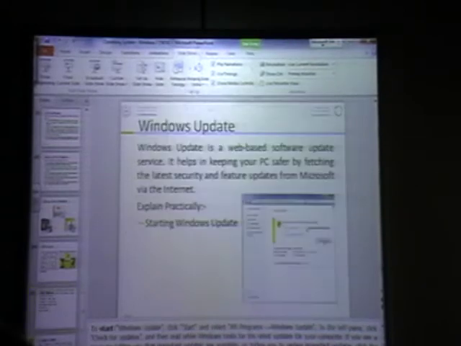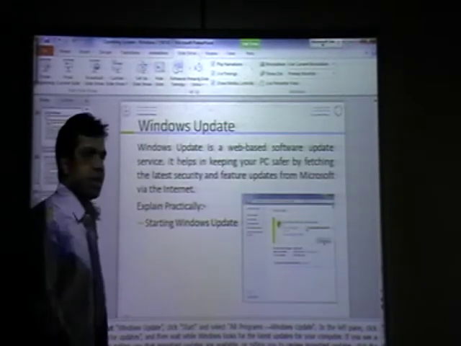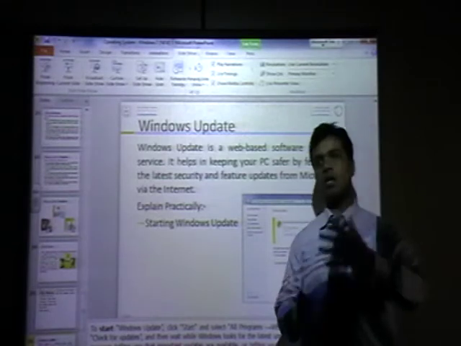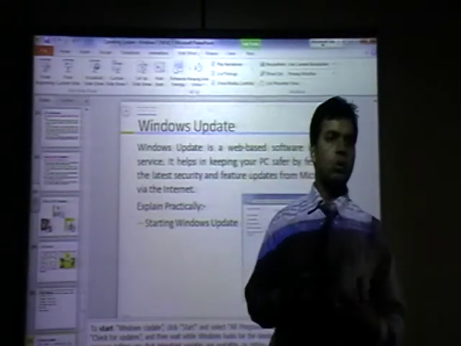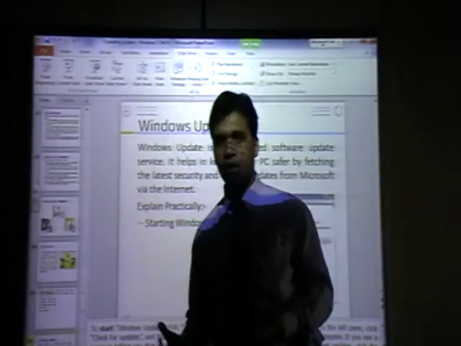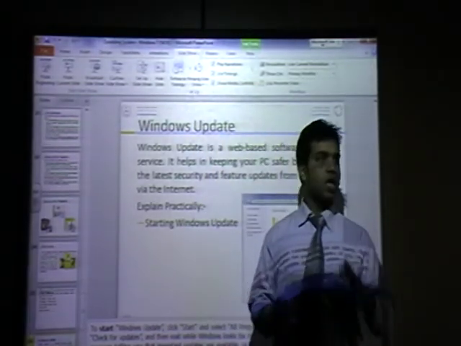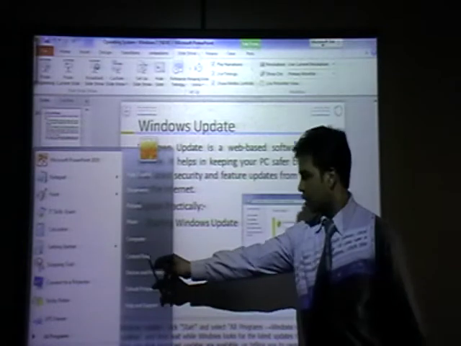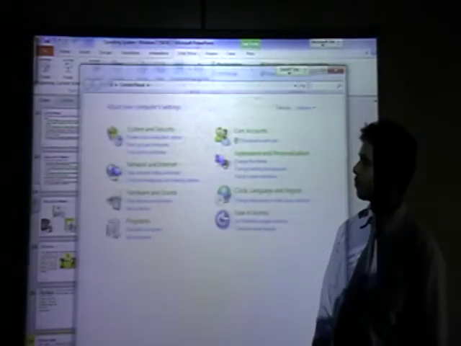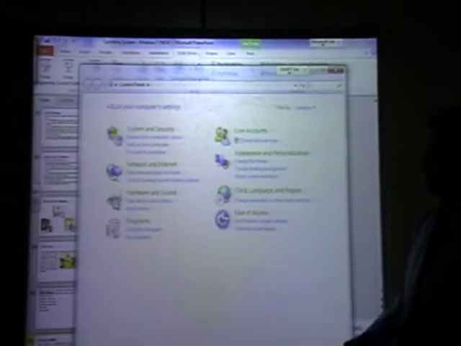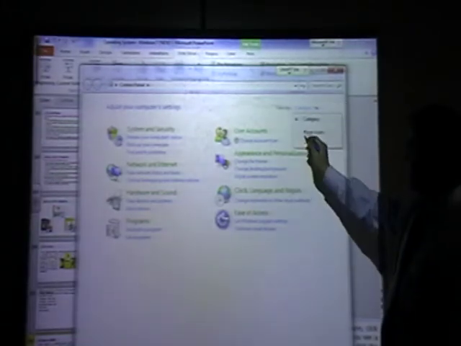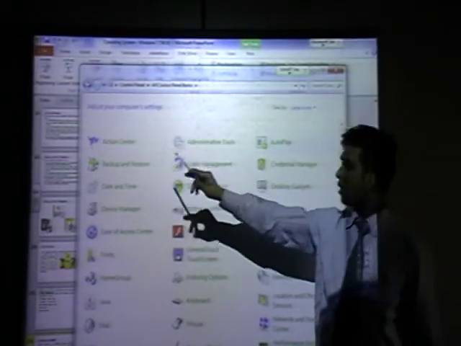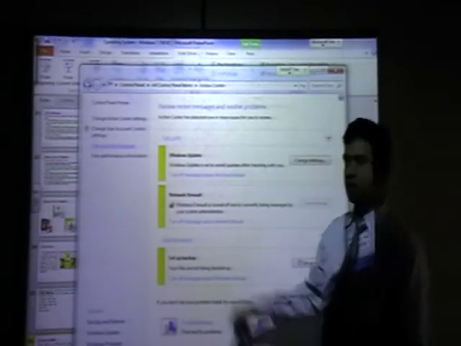And the last one today is Windows update. Windows update means your Windows operating system automatically updates after some time, maybe in 1 week, in 1 month, or you can fix the timing. So new files will be automatically installed in Windows. How to open this? Start, everybody do with me, control panel. Then in control panel, go to category and large icon. Large icon, action center. Can you see action center? Click on action center. You will see Windows update coming.